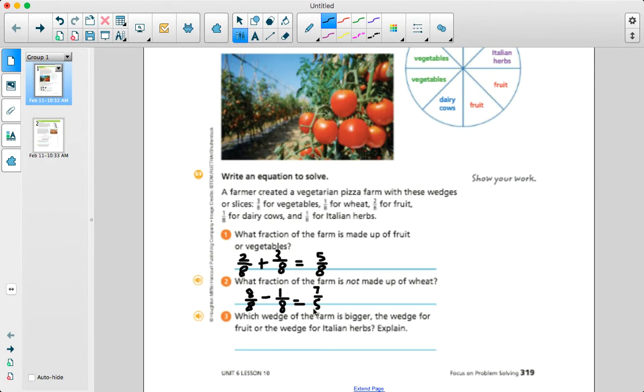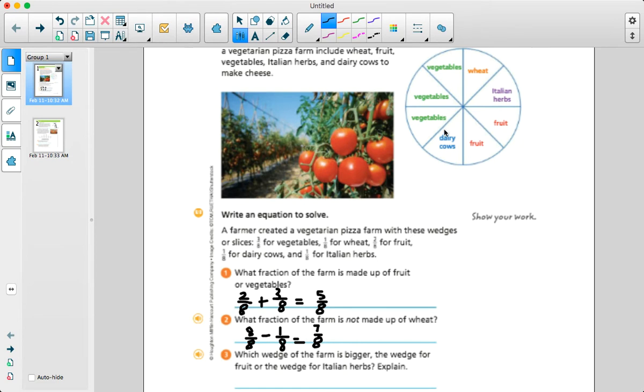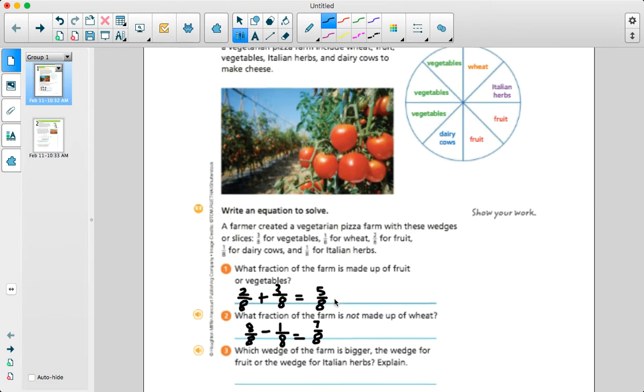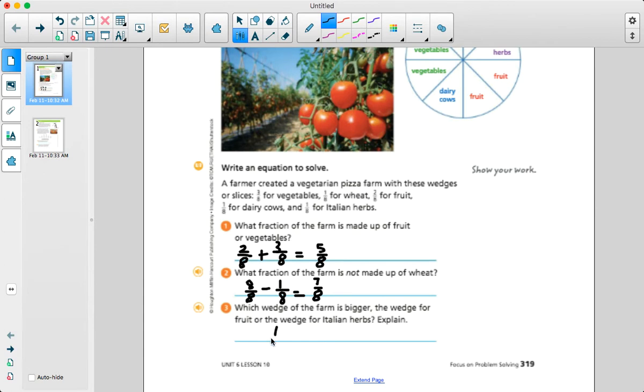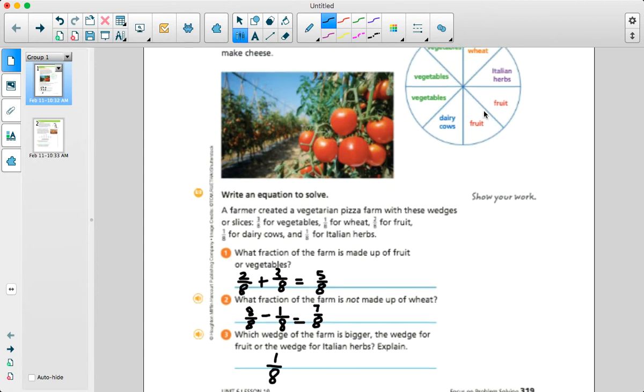All right, which wedge of the farmer is bigger, the wedge for fruit or the wedge for Italian herbs? Explain. So let's go ahead and write the fractions for those. For fruit or Italian herbs, Italian herbs make up 1 of the 8 pieces, so Italian herbs is 1/8. And the fruit makes up,